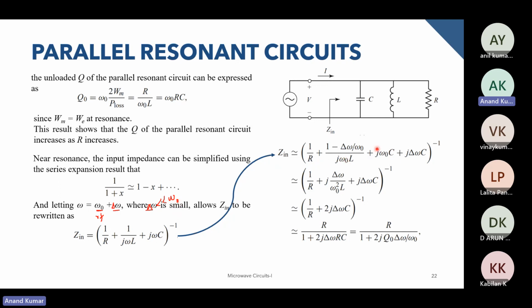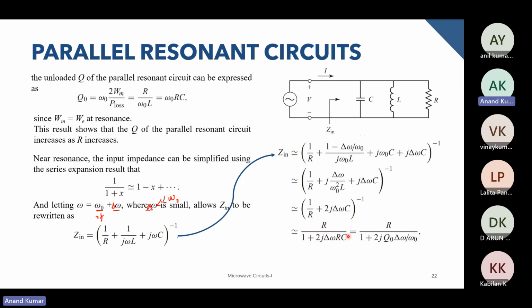And after substituting this, we then simplify it more and more. I'll let you do this math by yourself. So you should reach something like this. This particular term over here is vanishing because delta omega is much smaller than omega naught square. So you'll achieve a term like this, R by 1 plus 2j delta omega RC,